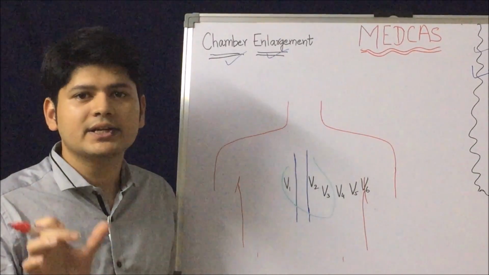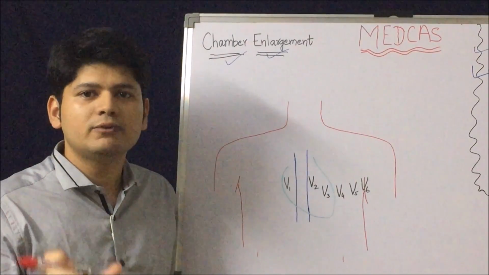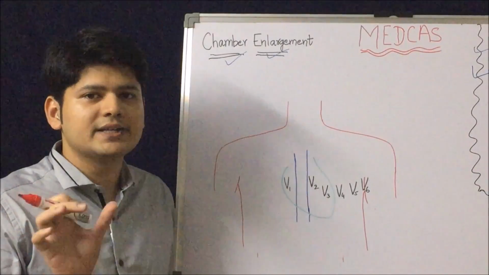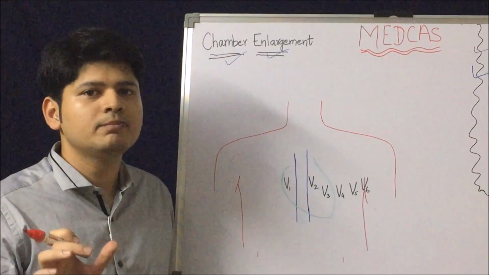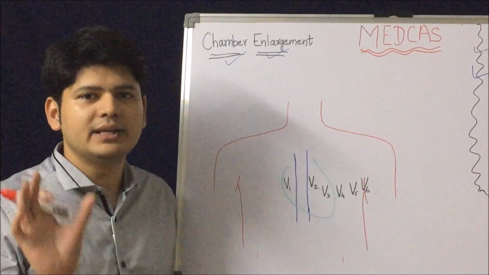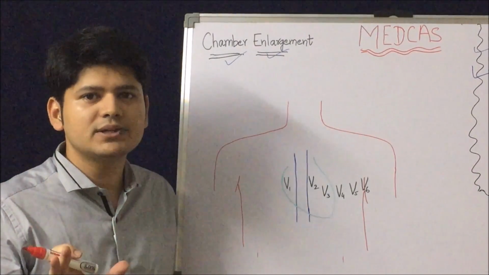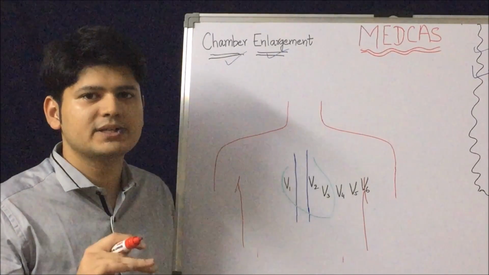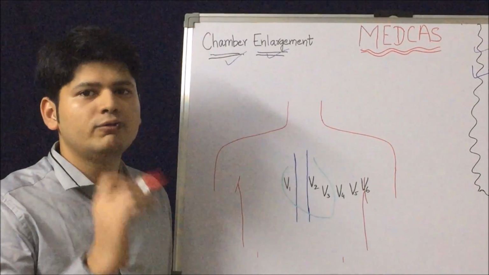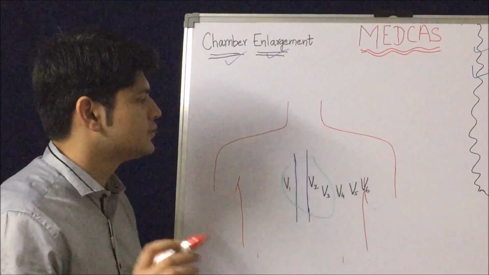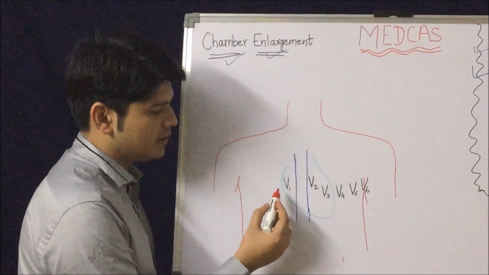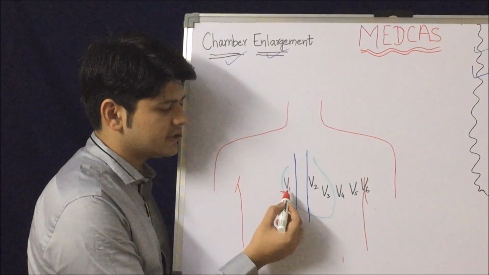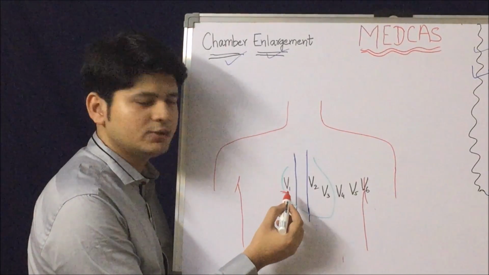Now we know in the heart there are 2 ventricles, right ventricle and left ventricle. Where these ventricles are located on the ECG, we can decide with what are called chest leads. When we understood the axis in the previous video, we saw that the axis is decided by the limb leads, while the chambers, the LV and RV, are dominantly represented by V1 to V6, which are called chest leads. Now if we see the diagram here, this is V1, which is the right parasternal lead. Right parasternal, in the 4th intercostal space you put V1.